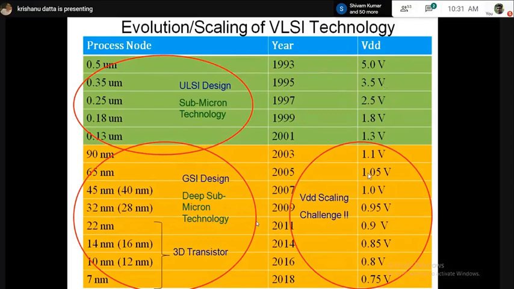But that relationship is not maintained once you enter into the yellow zone. There is a lot of physics behind it. I am definitely not going to discuss all those, but for your information, as technology kept on scaling, we could not scale supply voltage that way. In fact, today most chips operate in the 1 volt range. Microchips do not operate in the 0.4, 0.5 volt range. It's not possible. That is a distinction between supply voltage in the green zone versus the yellow zone. So that is another important observation.